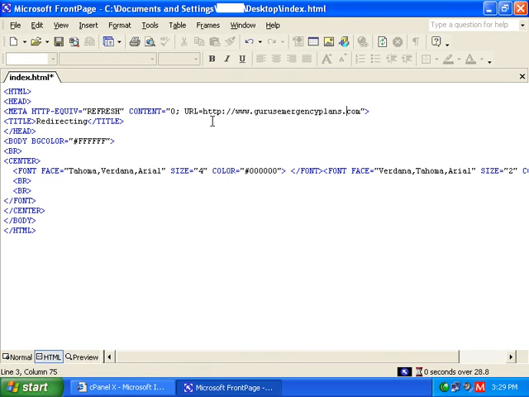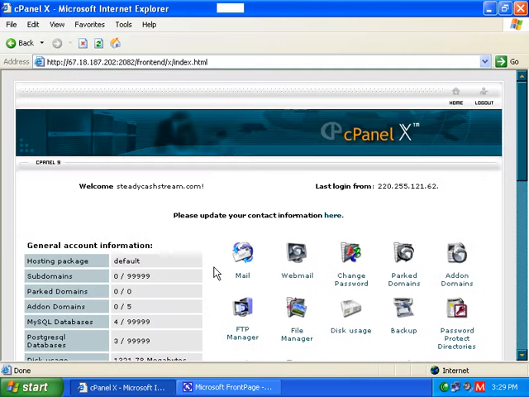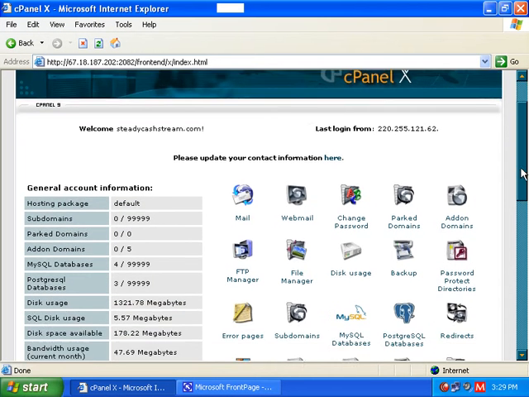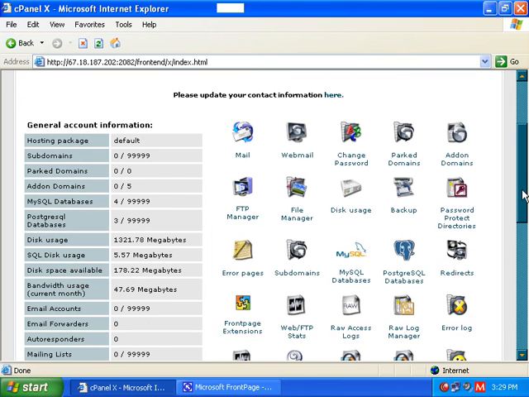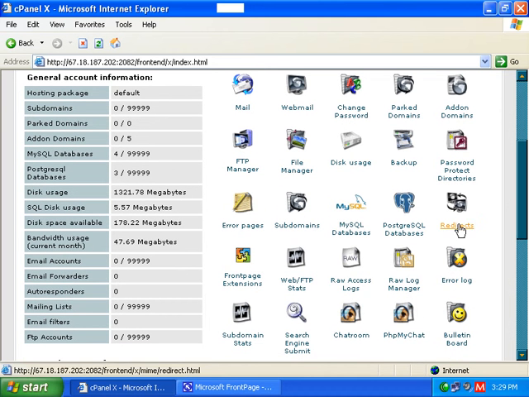There are two methods. The first method is quite straightforward. If you are using cPanel or any other web host, most web hosts have a redirect feature on their control panel. This is the example, so this is my redirect feature. I click on the redirect,